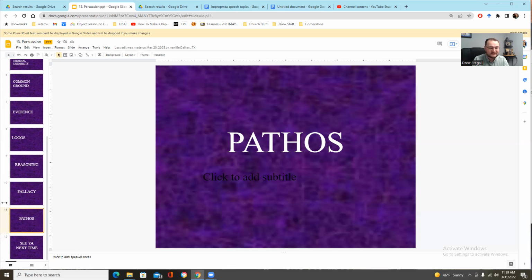So your persuasive speeches, and whenever you're persuading people at job interviews, whenever you are trying to convince anyone of anything, even if you're arguing with your siblings or cousins or parents, good arguments need to have these three things. You need to have ethos, which is credibility. You need to have logos or logic, which means you need to make sense. And finally, you need to have pathos. You need to speak with emotion.